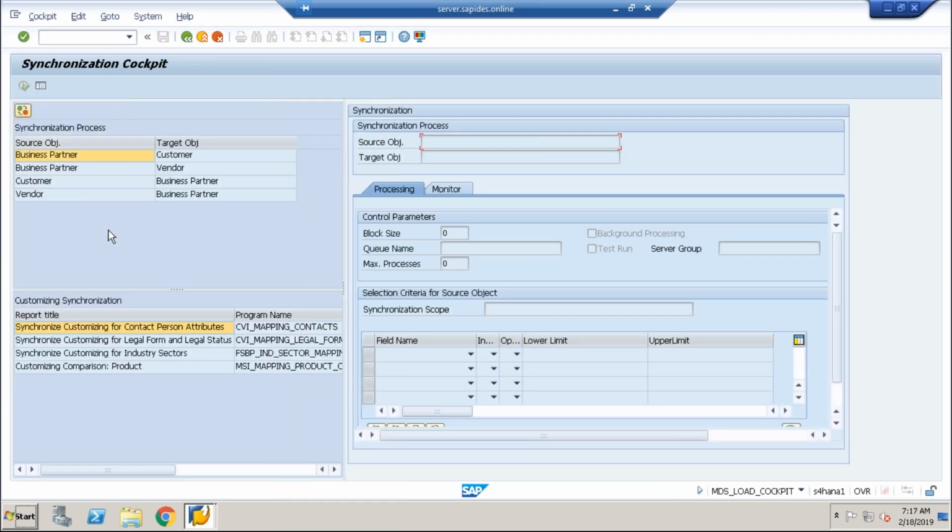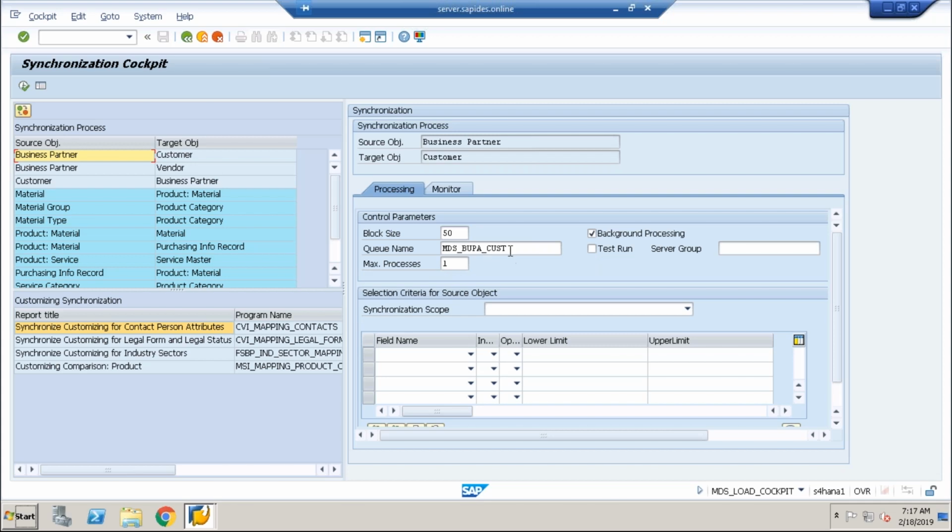Once you run this transaction, you will come to know, because you always have a customer business partner to a customer, a business partner to a vendor. They'll normally maintain this. With regards to that, you have the queue names and the processes that are running, and any mapping.